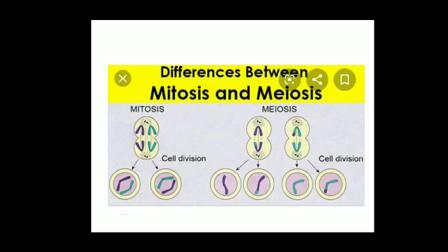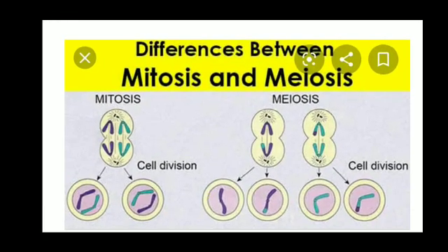Now children, we are going with the discussion of cell division. We have two methods of cell division, mitosis and meiosis. In the diagram you can clearly see that by the method of mitosis you get two daughter cells which are exact copies of the parent cell. Again I am telling you, in mitosis we get two daughter cells which are exact copies of the parent cell.